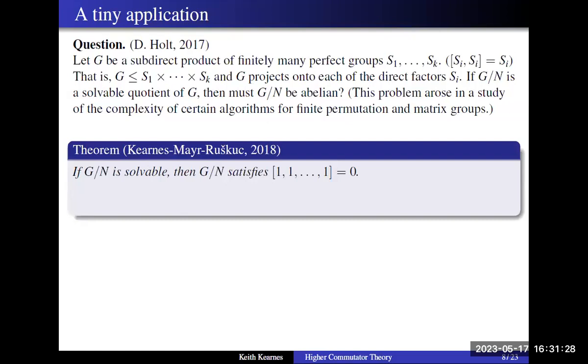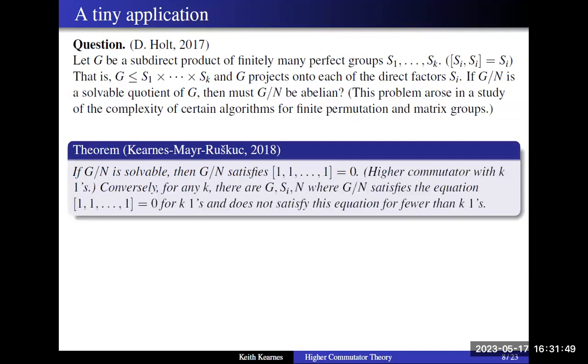If the quotient is solvable and there were k factors in the subdirect product, then the quotient will satisfy the higher commutator condition [1, 1, ..., 1] = 0, where there are k ones. It will satisfy that condition. So if the quotient is solvable, then the quotient satisfies this commutator condition. And conversely,